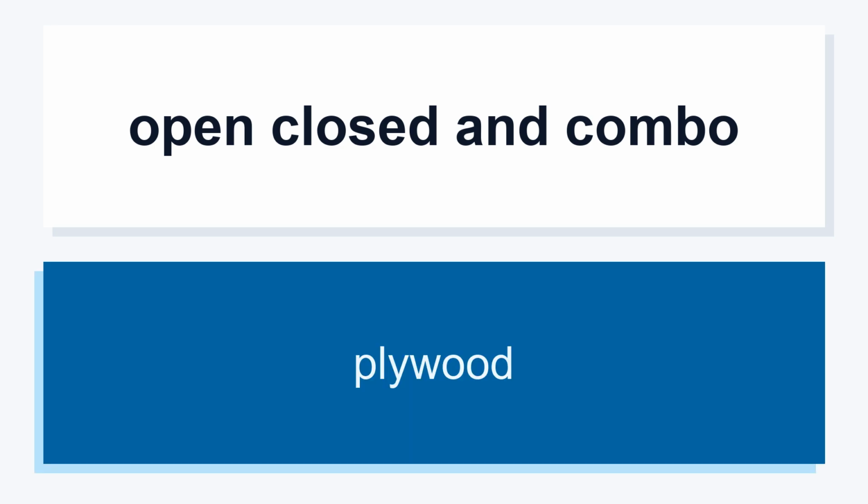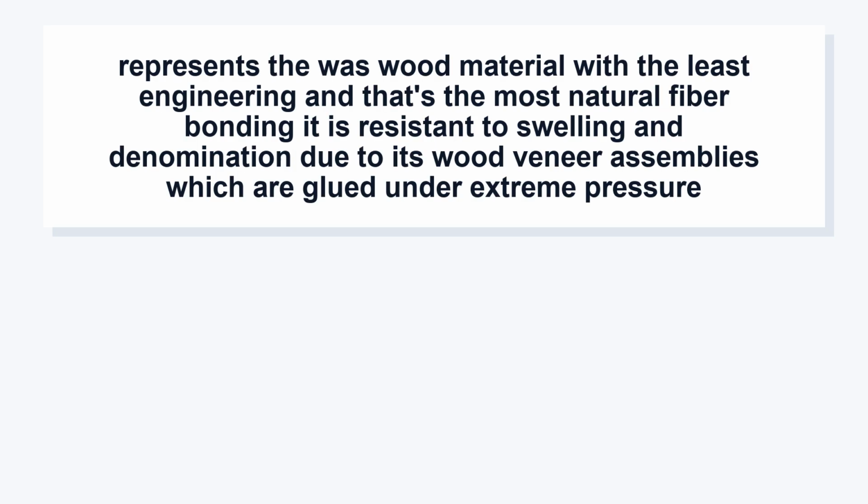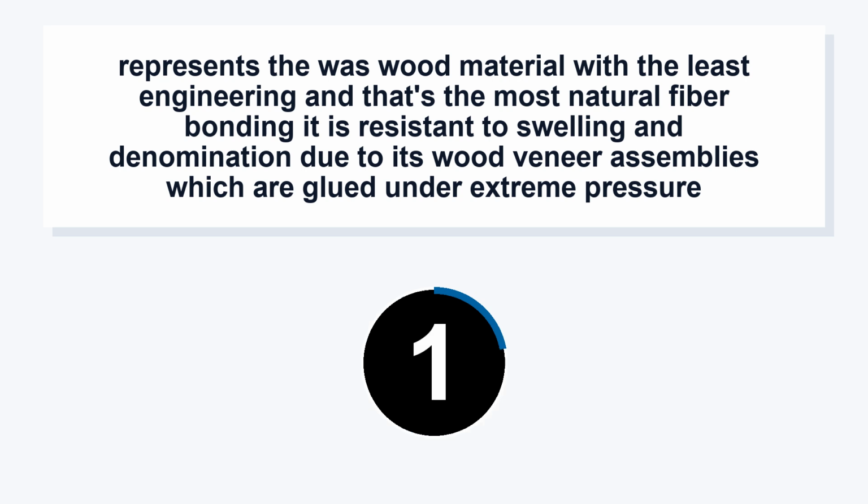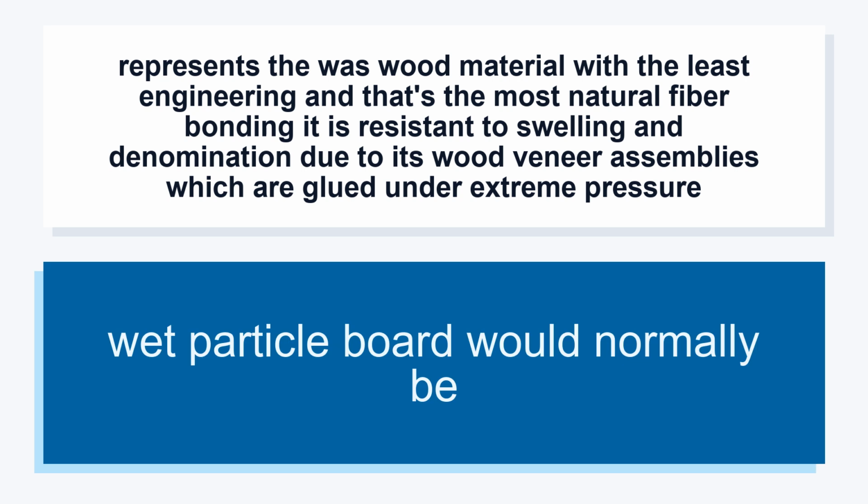Plywood represents the wood material with the least engineering, and that's the most natural fiber bonding. It is resistant to swelling and delamination due to its wood veneer assemblies, which are glued under extreme pressure. Wet particle board would normally be